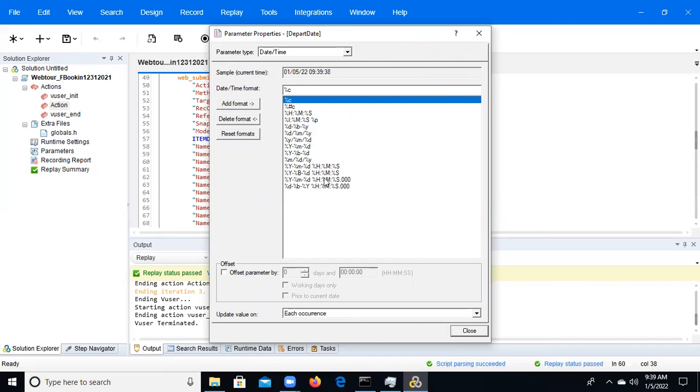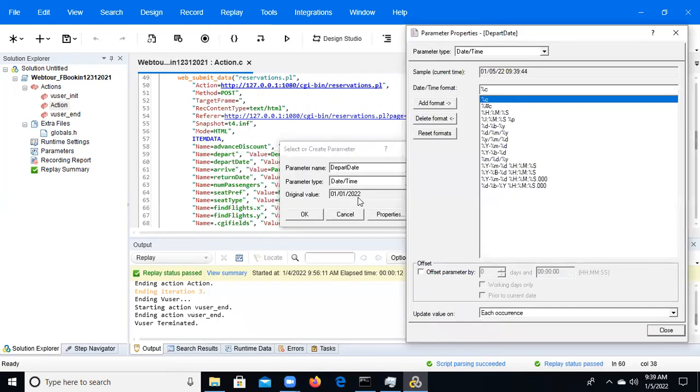These are the formats. We have different formats, but right now you can see 01 2022, which means month and year date. Based on that, we need to select from these formats. If we want only the date, we can select date. For our format, we need to select this. See, this is one more format. You want this one.